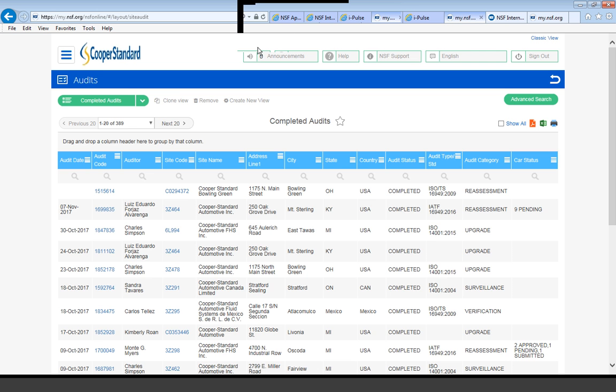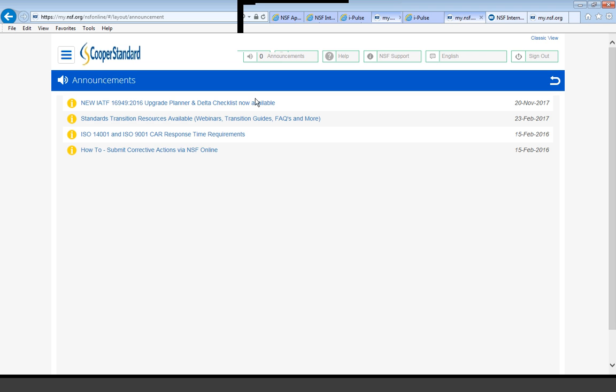Up top, just to point out, you'll also see an announcements area. That is a feature where if there's any kind of information that NSF is communicating to customers, we like to put it in NSF Online as well. It's another touch point where we don't want it to be caught in a spam filter or junk mail in email, so we also put it here. One of the new ones we added is a new IATF 16949 Upgrade Delta Planner and Checklist